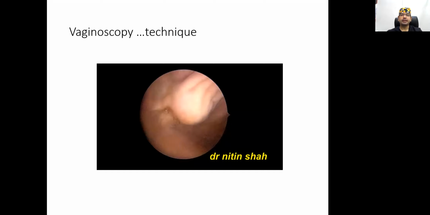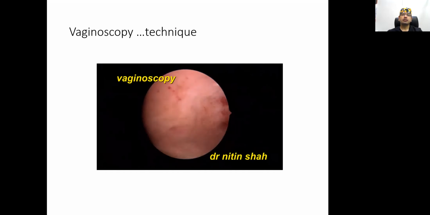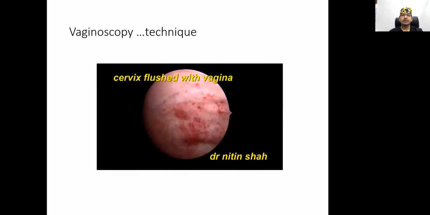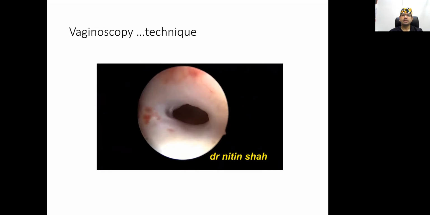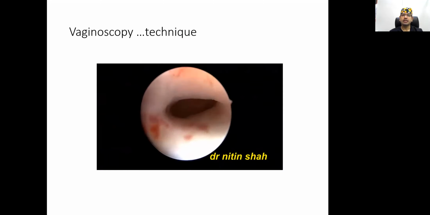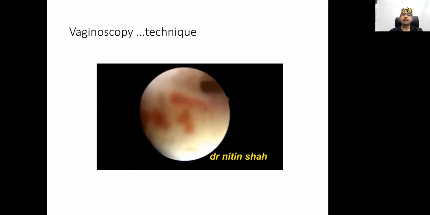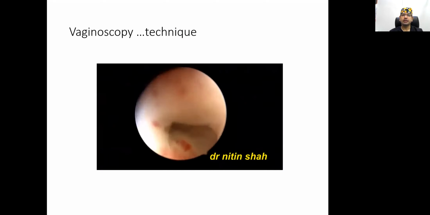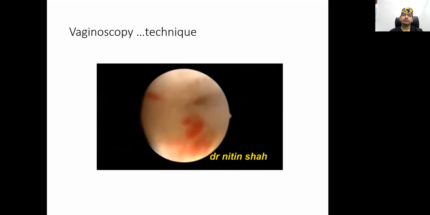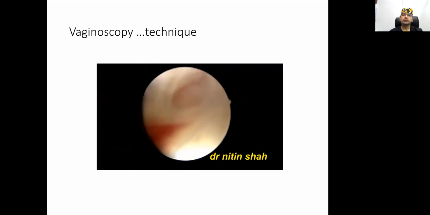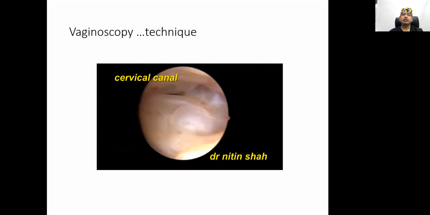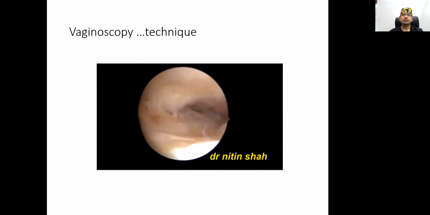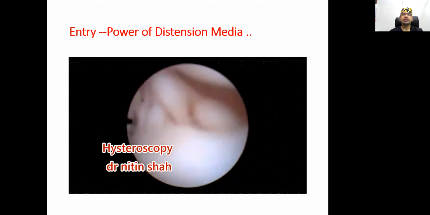This is the vaginoscopic technique, where you can see the scope is introduced into the vagina, hits the posterior fornix, finds the external os, and then you just rotate the cable by 90 degrees so that the transverse oval fits into the transverse oval diameter of the internal os, and we can negotiate the external os. This is the external os, which once we enter, we see the cervical canal, and then with the help of the scissor, one can negotiate the internal os. So this is a vaginoscopic technique.